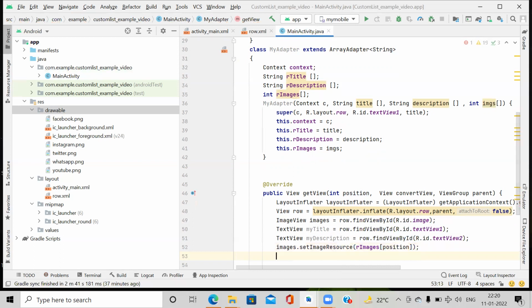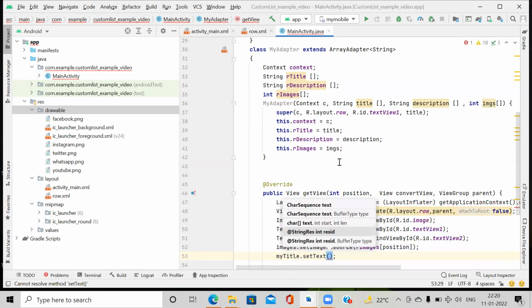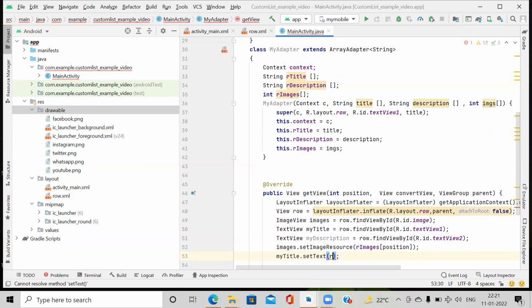Same for myTitle: myTitle.setText, rTitle in brackets, position.